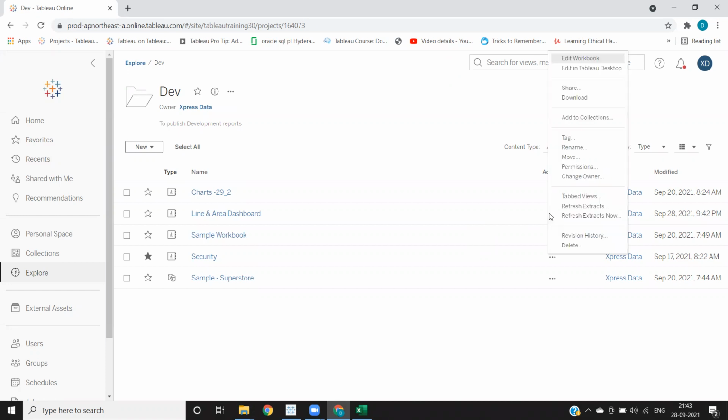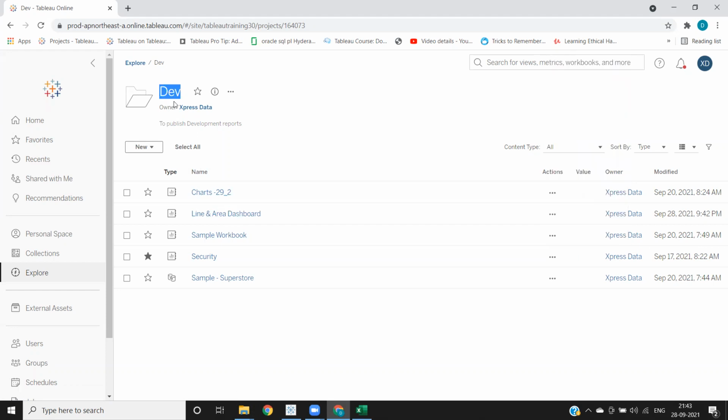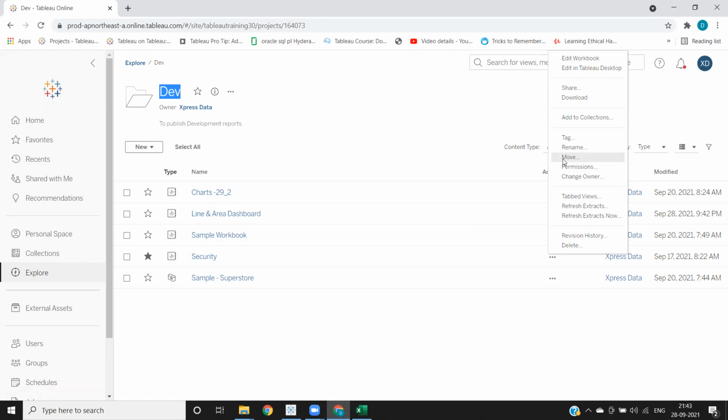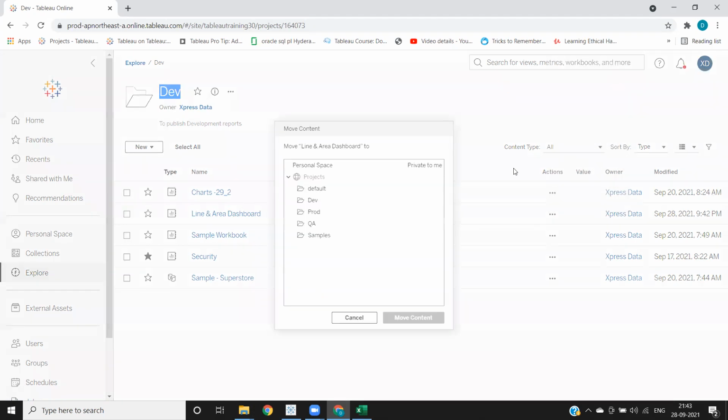Again, if I click on this, we can also move reports or dashboards from one folder to another folder here. Now our report is currently in this dev location. I want to move it to prod location. So I can click on this and I have an option called move. If I click on move, it will ask me which folder I need to move it to.